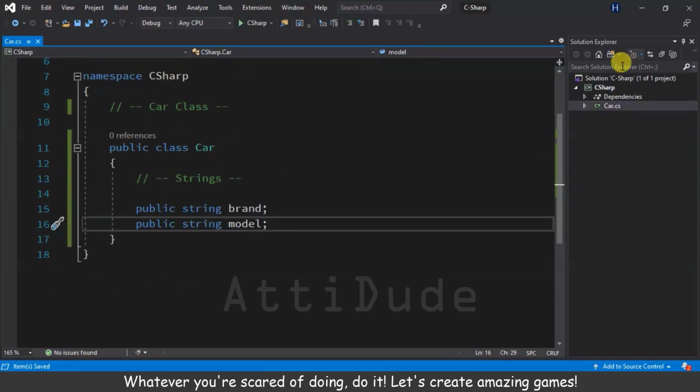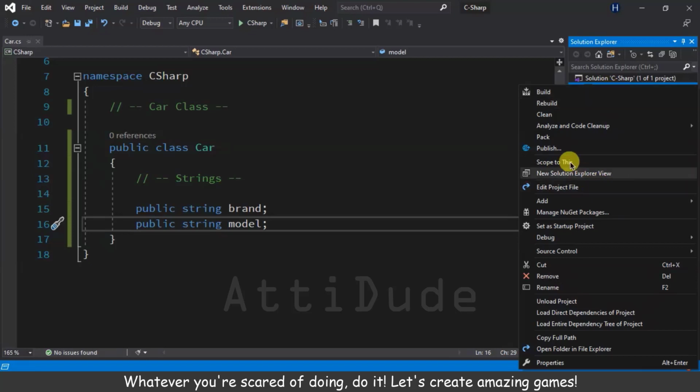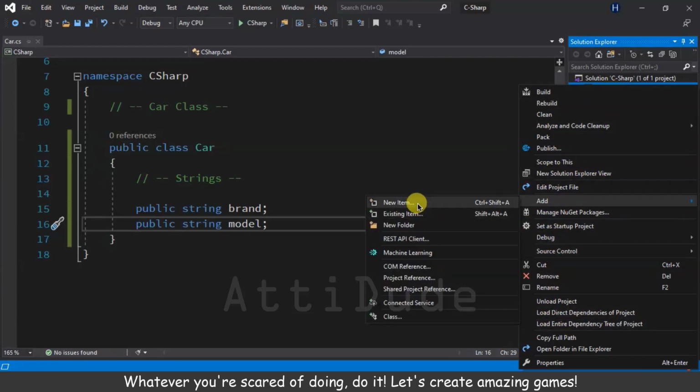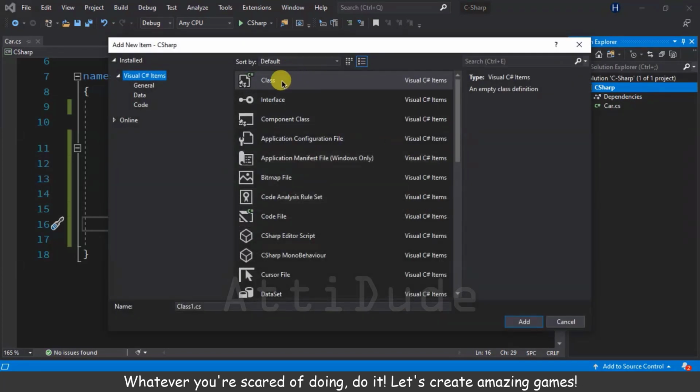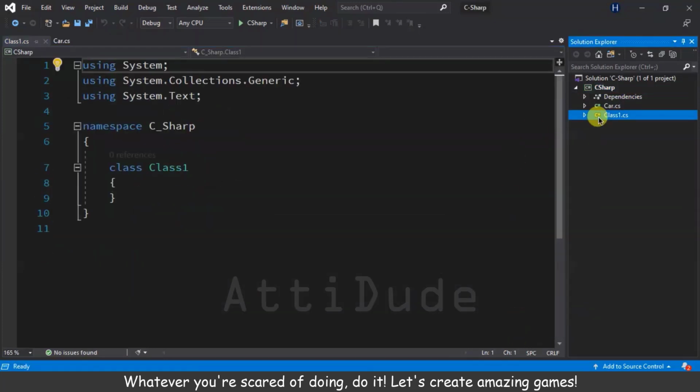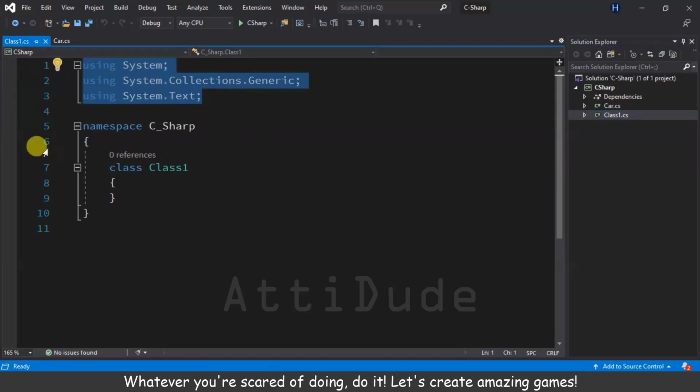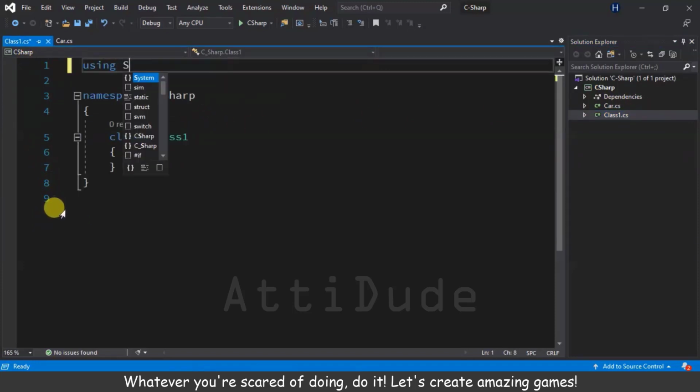Okay, and create a new button, add, and a new item, and that is gonna be of type class, Visual C# items. Don't worry if it is Visual C#, because even C# is called Visual C#, and C++ is called Visual C++. I'm gonna remove name tags. You can just write using System